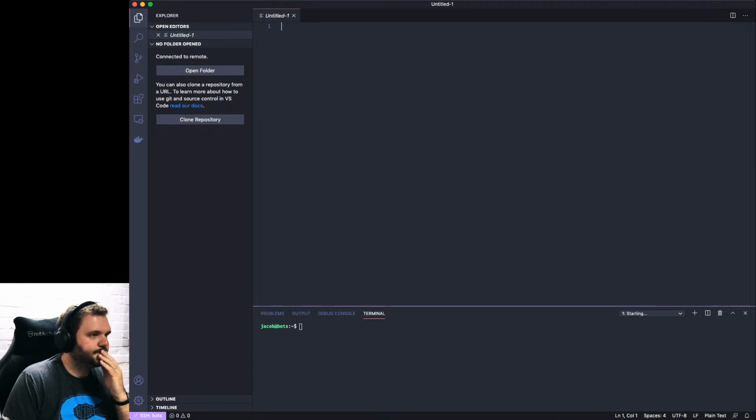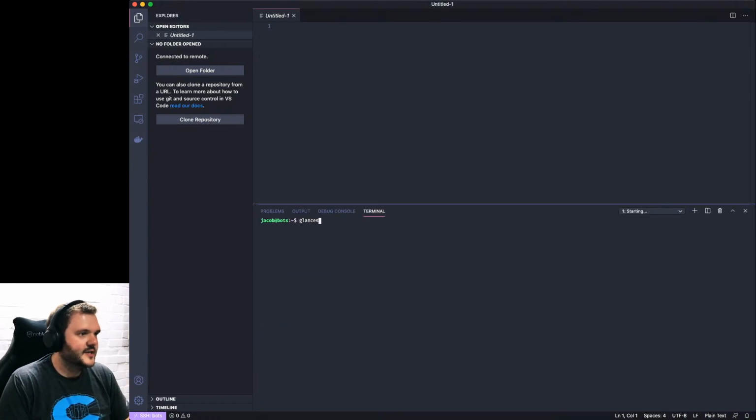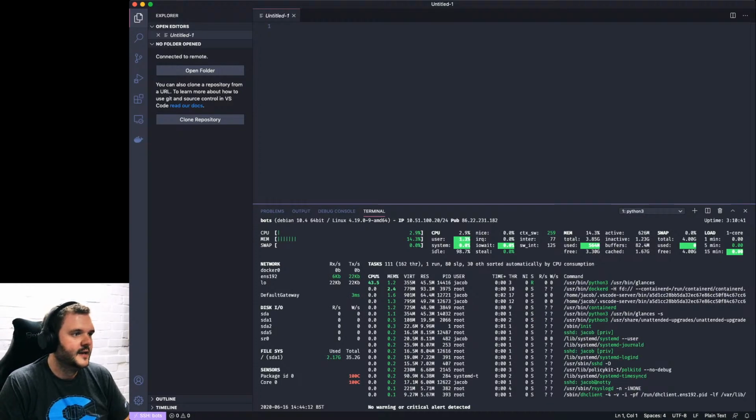And so I made this VM, which is why I was talking about glances before, because I installed glances, just so I could show what the VM looks like. Hooray! So this is a Debian machine. I only gave it one core. I could give it more cores. I'm curious to see actually how much it needs. I gave it 4 gig of RAM.